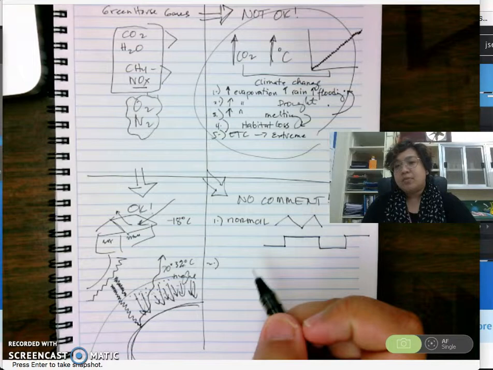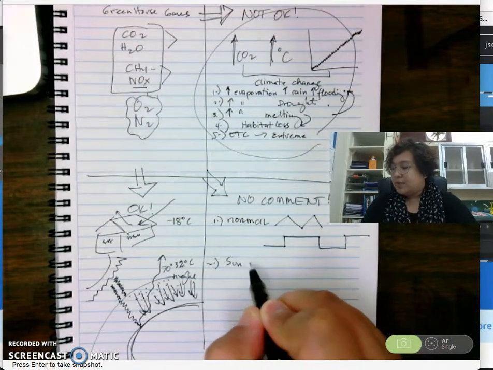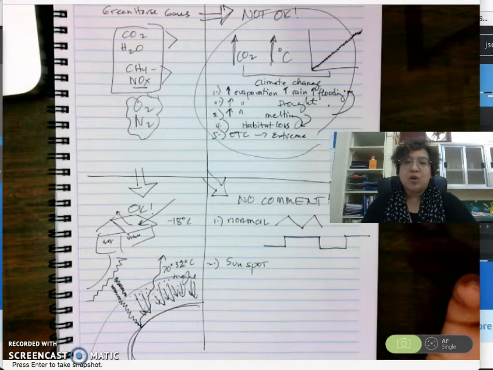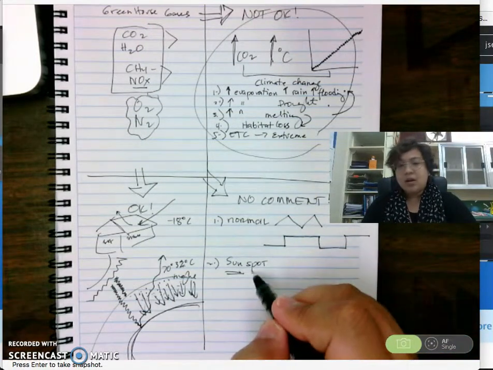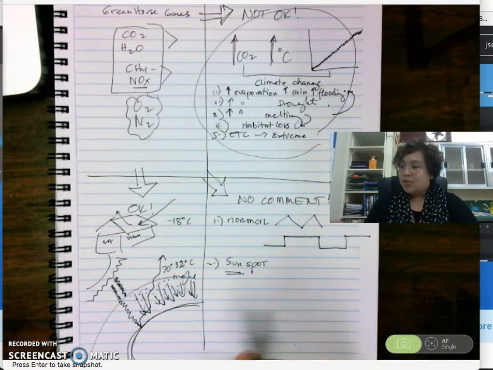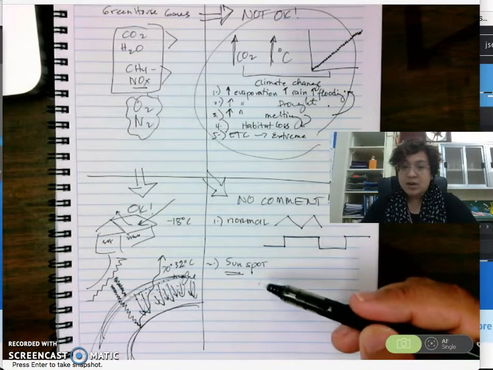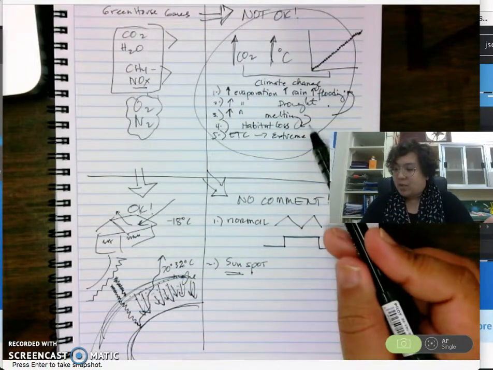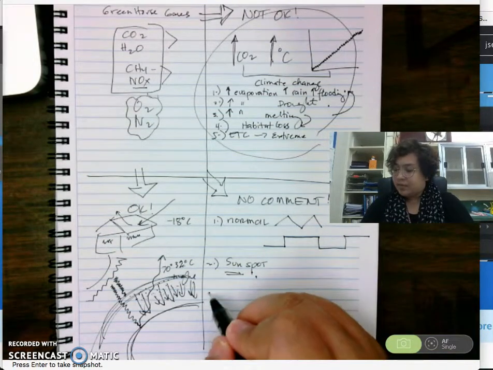Another argument of the no comment group here is that if you consider the activity of the sun, sunspot activities, yes, it is warming, but this is also real, sunspot. And if this happens, there are portions of the sun that suddenly become really cold, and that will affect the warming here on the Earth. So even if CO2 is increasing, but there are sunspots, hand in hand, it's warming, but this is going to be cold. So maybe there's no overall effect.